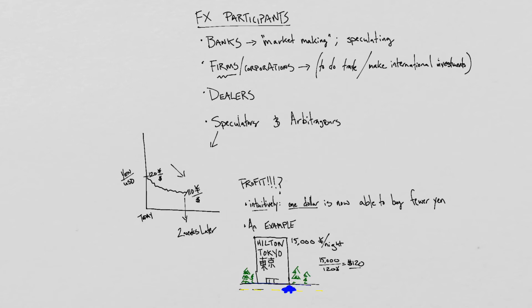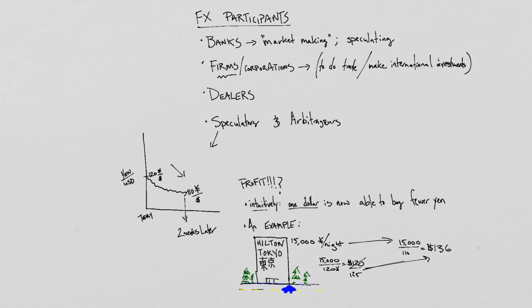But 2 weeks later, today, the exchange rate is 110 yen to the dollar. Now, hotel prices fluctuate quite a bit on the basis of demand and seasonality, but they don't fluctuate that much according to currency. So the hotel rate is still probably 15,000 yen per night. But with the exchange rate now at 110 yen to the dollar, to the US visitor, this feels like $136 a night. Quite a bit of a rise. And by the way, sorry, this should be 125, just a math error. You still see the same point though.